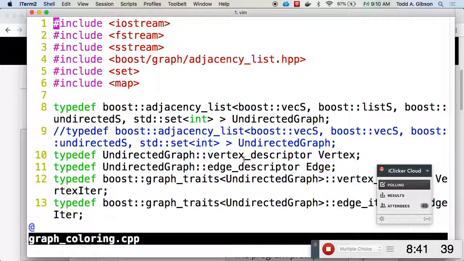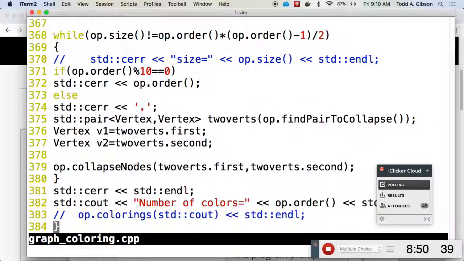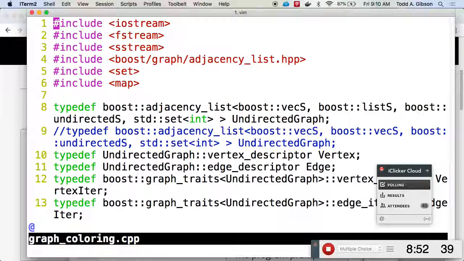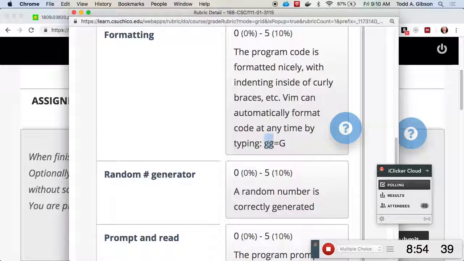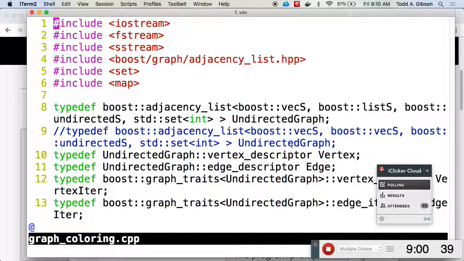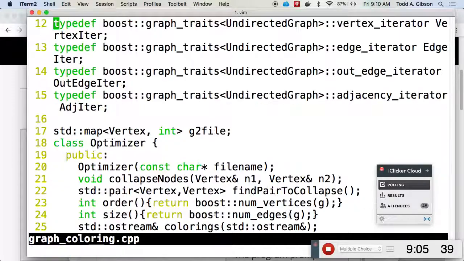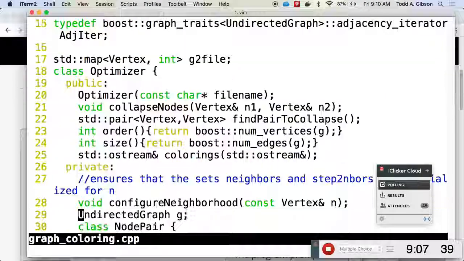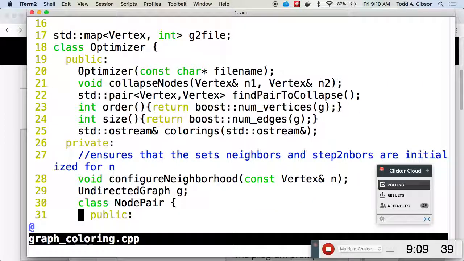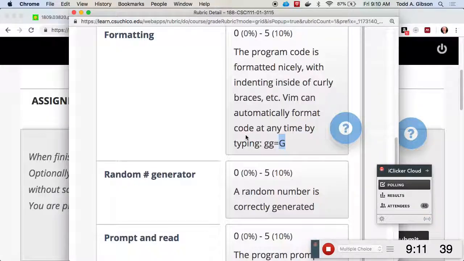Where do you think uppercase G takes you? Yeah, so if I'm just hanging out anywhere in the document, gg will always take me to the top, and uppercase G will always take me to the bottom. So what I'm doing is getting to the top of your document and reformatting all the way to the bottom of the file. So equals uppercase G. There isn't anything to see on the top screen, but as I go down you can see some of this stuff being indented now. So be sure and do that to your code.